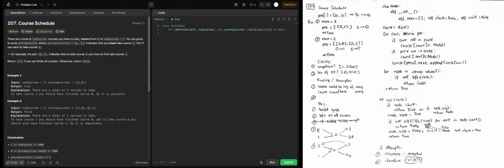Then in the BFS, I'm gonna see if I have checked it. If I have checked it, then I just return true. If not, then I mark it as visiting, and then I'm gonna check for all the next courses to see if it is good or not. So if not all are good,